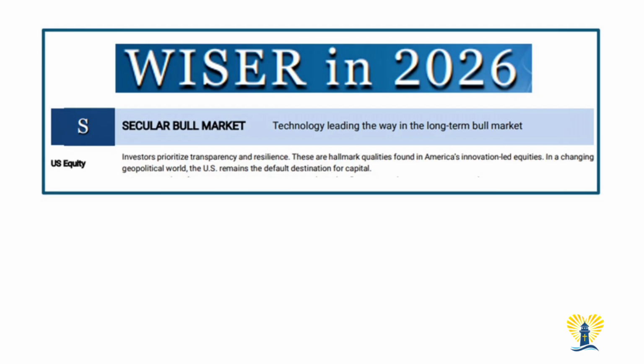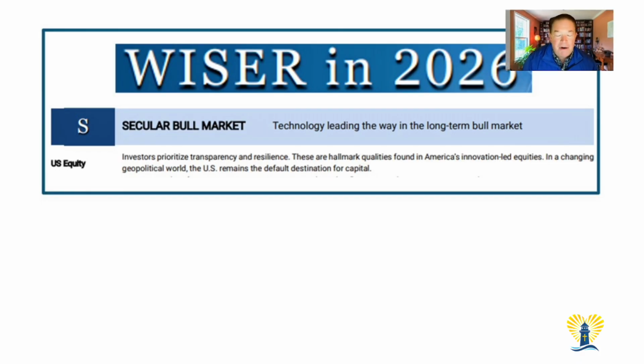However, it does have a second derivation in its meaning. It's actually derived from the Latin word seculum, and it means of the age or a generation. So there's two different types of markets that measure time. There's the cyclical bull or bear market, which is shorter term, let's say 3 years or less. But there's the secular bull or bear market, and that's what we're going to get into today.